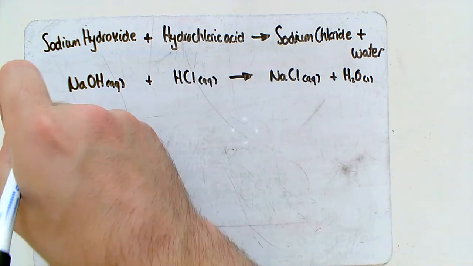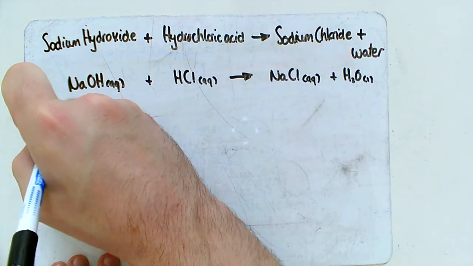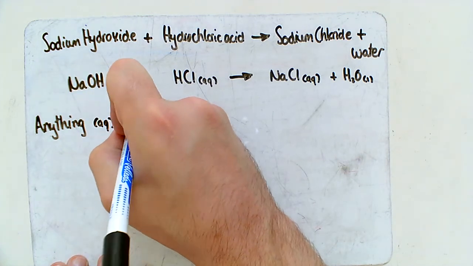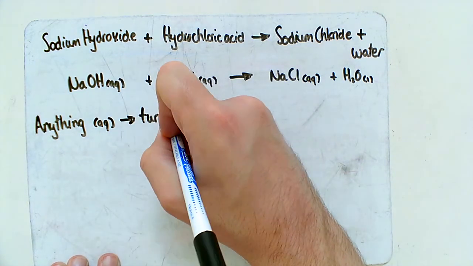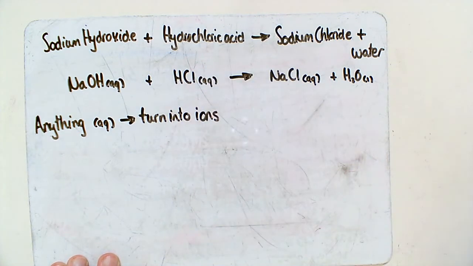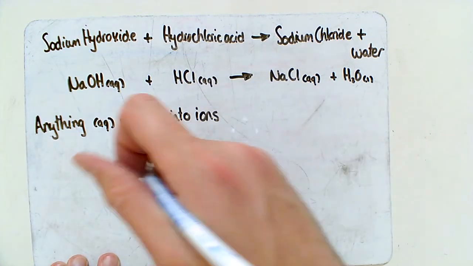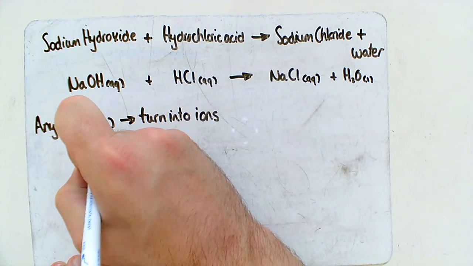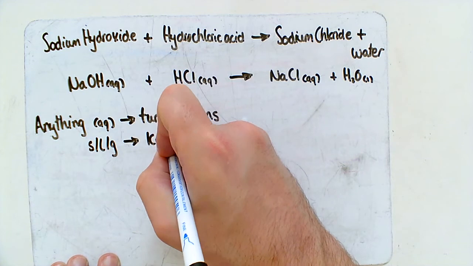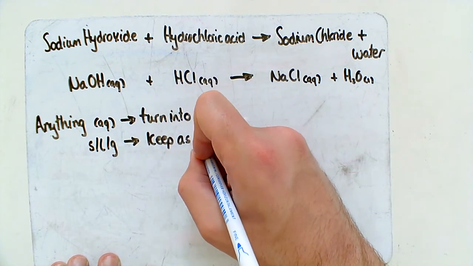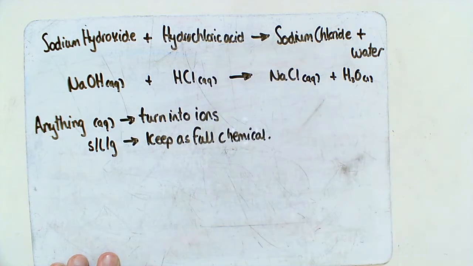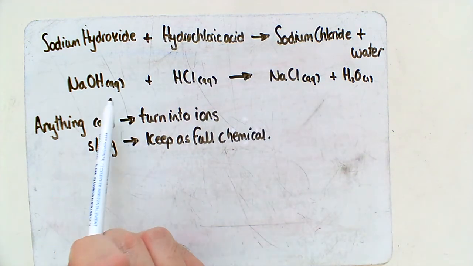Now, the rule is anything AQ, turn into ions. Anything that's AQ. If it is solid, liquid, or gas, keep as the full chemical. Okay? So if we look at this example,